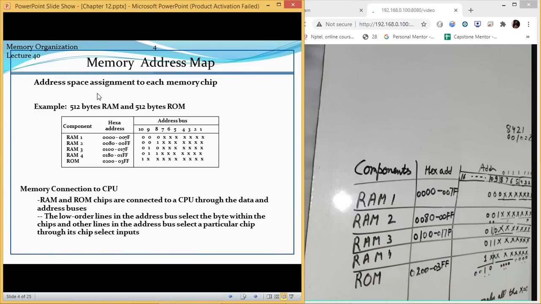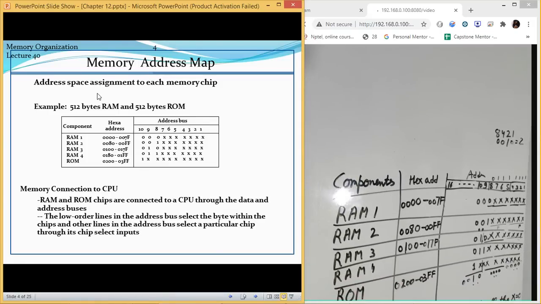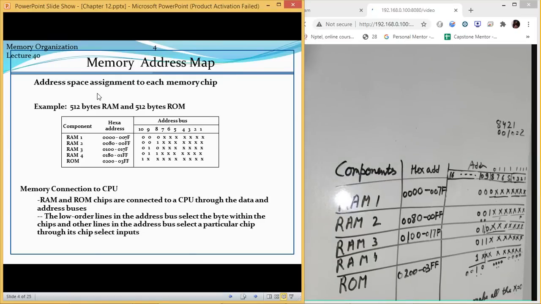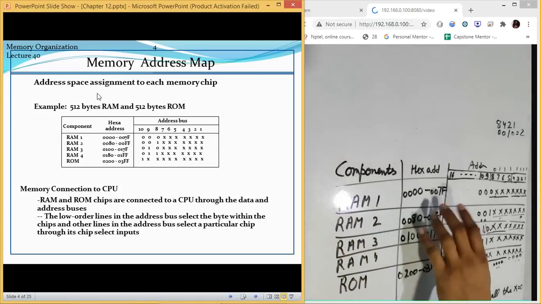Now, the extension which we have done is not the only thing which we are going to do. We can have different sets of expansions for your memory. If there are 8 RAM chips, then it will be really difficult for you to make all those 8 RAM chips at this place in the truth table. So it is not possible for you to make all the RAM chips in a single truth table and write the addresses for it.